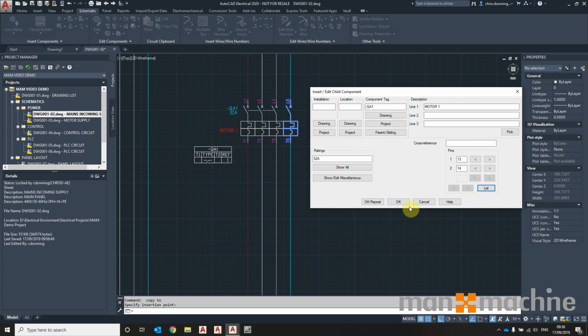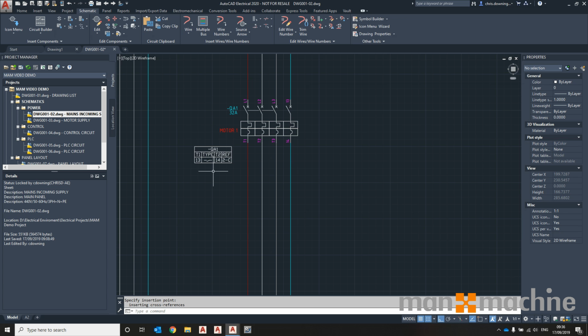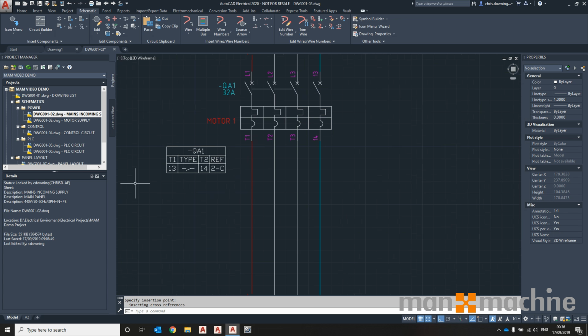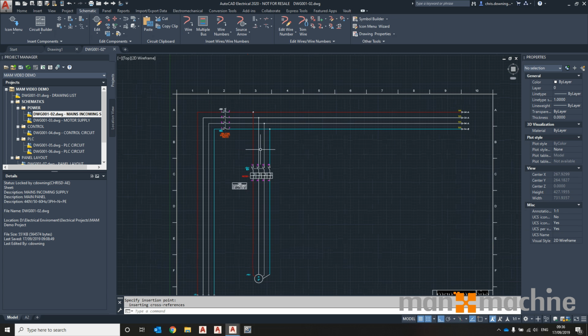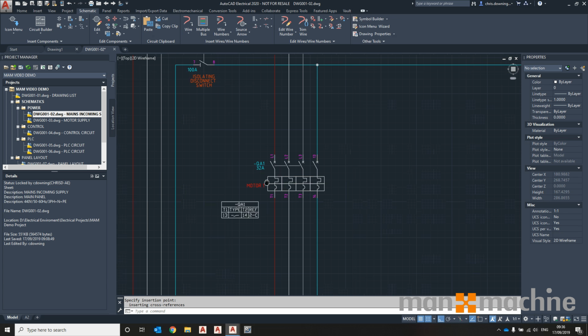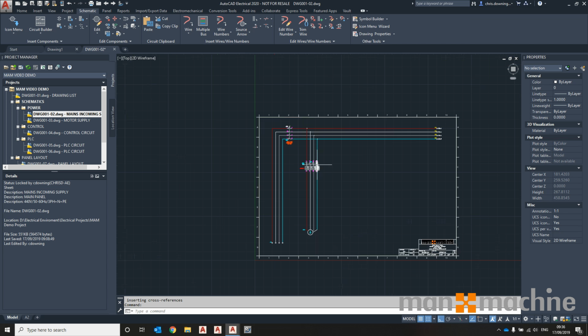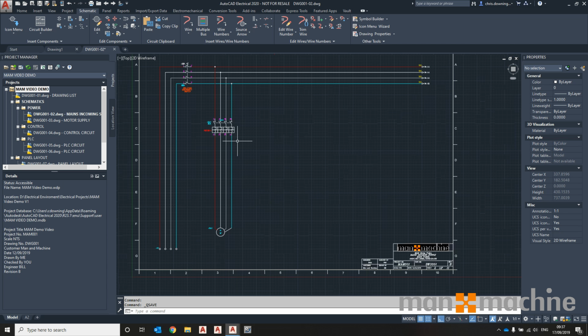Click OK, click OK, and there we go. We can see that that's now referencing that pole. The reference is updated. It's given me the grid reference 2C or 3C, and I'm going to change it and link it up like so. So that's my 4th pole. If I want to save that symbol away